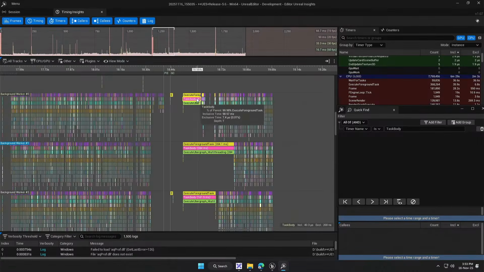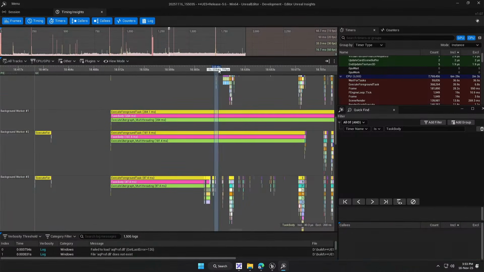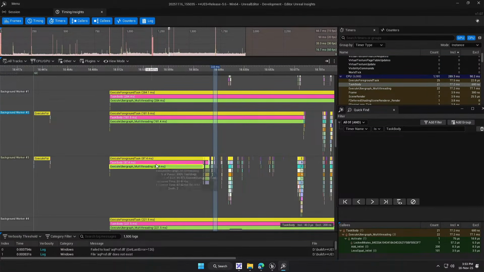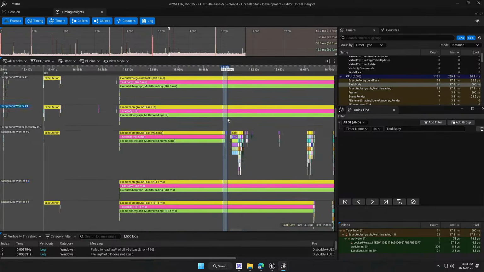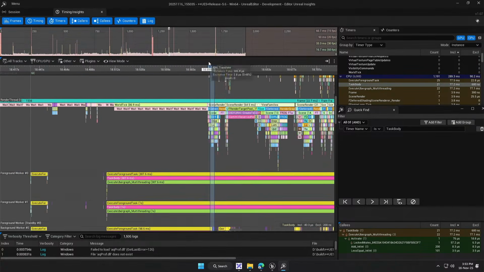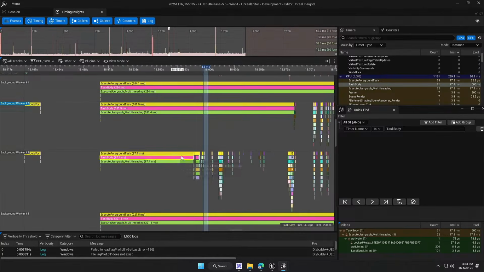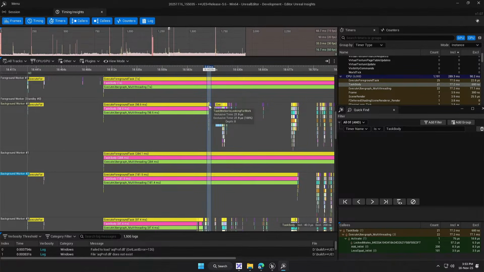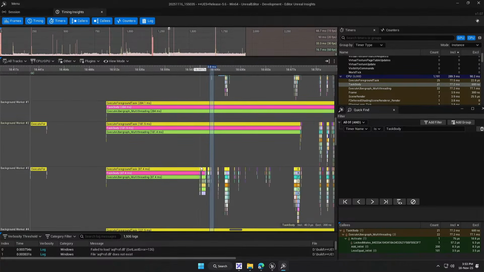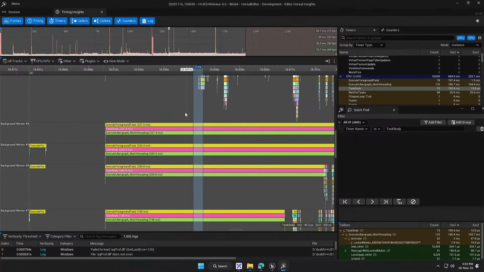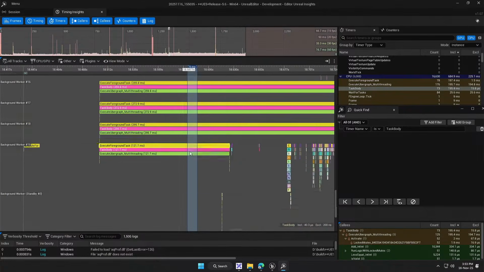So for example, I think this one, if you just click, this is the end. So you can see this one finished the work, and then where was the one? Yeah, this one finished the work, and then this one just started working and finished its own work. So that means that just before, somewhere in here, some other thread was doing the work. We could probably find it if we scroll, but